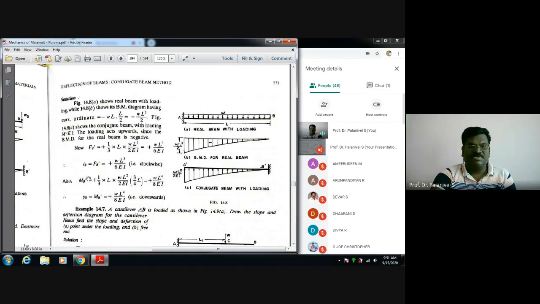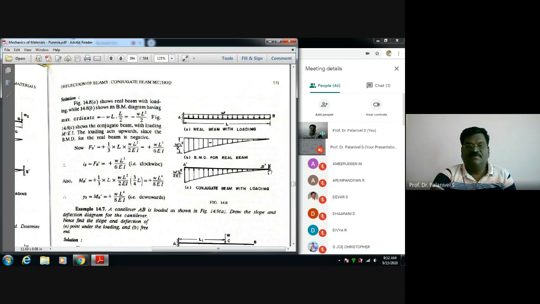He is used to adopting some notation. That is, bending moment of the conjugate beam at B dash is equal to what is the bending moment here? This area, 1/3 into L into this ordinate WL square by 2EI, into the centroidal distance from here is 3/4. From here it is 1/4. From here it is 3/4. Okay, so 3/4 L. You have to be very careful. If it is triangular, 1/3, 2/3. Since it is a parabolic spandrel, from here it is 3/4. Okay, from here it is 1/4. That we keep in mind.